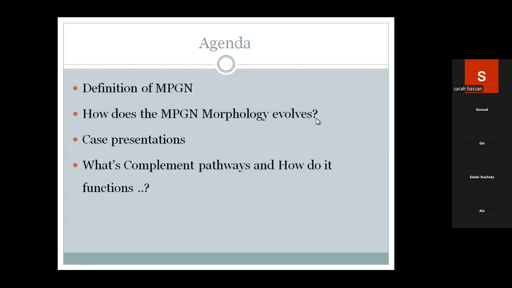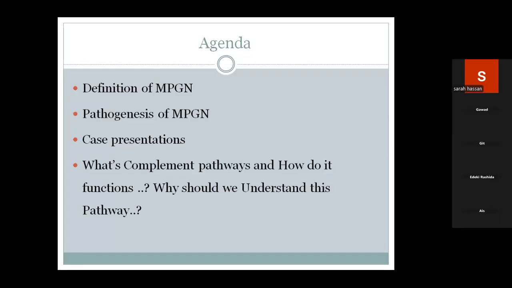The agenda of today will include a definition of membranoproliferative glomerulonephritis and how the morphology of MPGN evolves with some case presentations, and what the complement pathway is and how these pathways function, and why we should understand this pathway. Either you are a pathologist or a nephrologist, do you have to understand it and go back to the physiology of the undergraduates to know this common pathway? Yes, I think it's very important to understand it